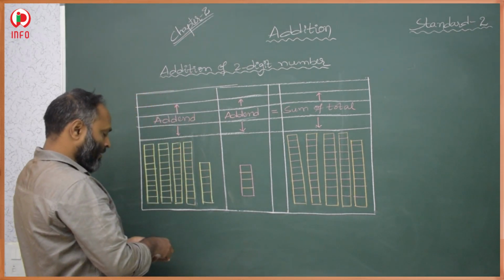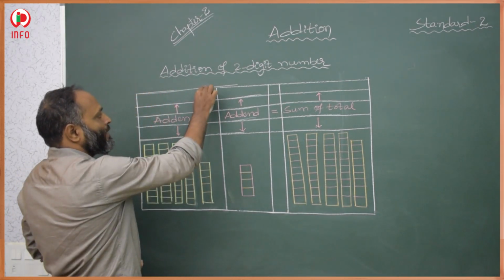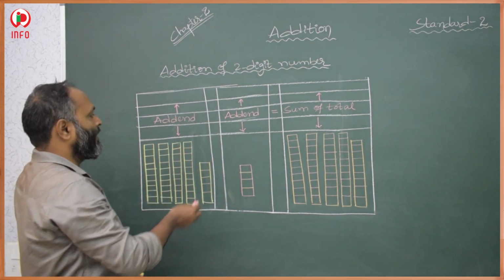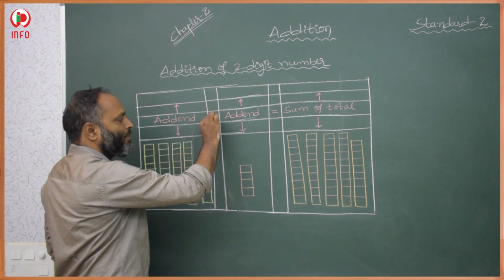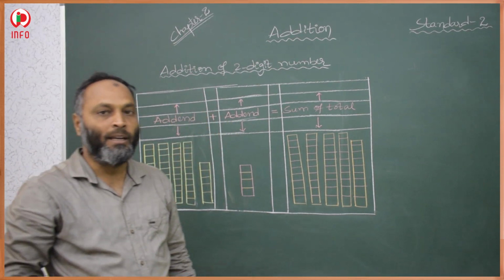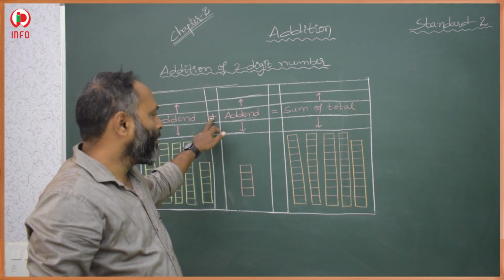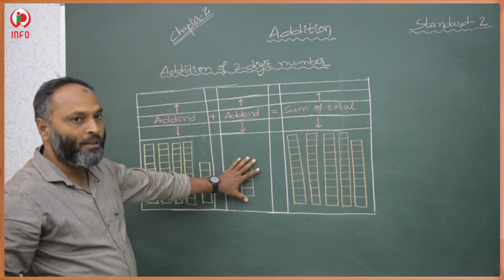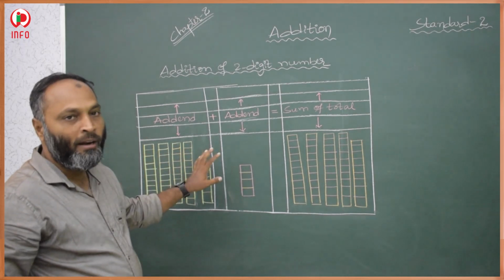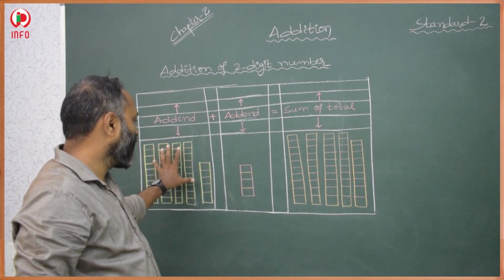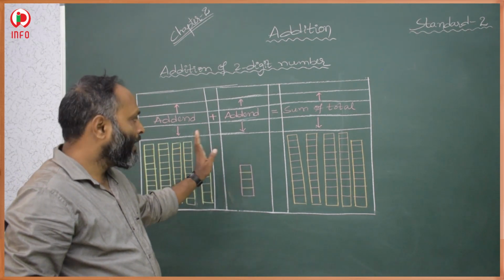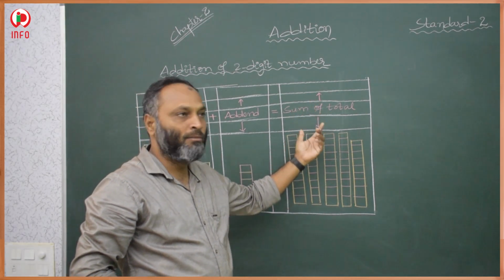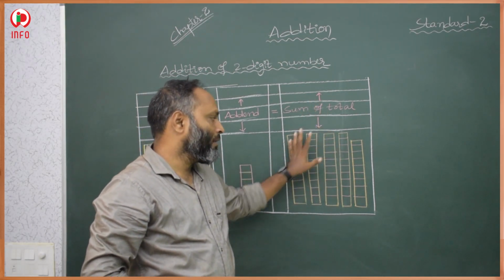So two addends were there. Then what is the answer when two addends were there? Whenever there is addition, we have to represent it with a plus sign. Plus means added. So we are going to add this one and this one. Whatever we are going to add is called an addend. This one is an addend and this one is also an addend. And the answer is this. This is nothing but the sum. We call it the sum or otherwise the total.